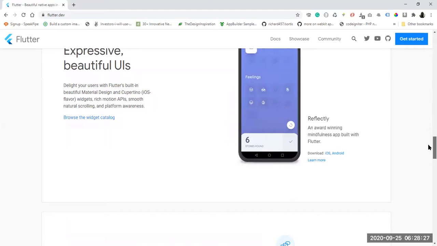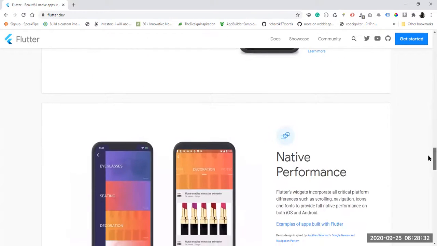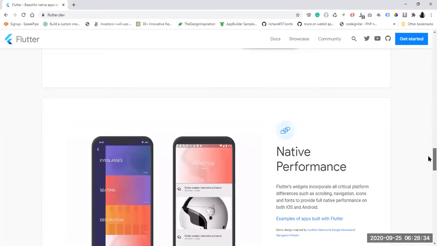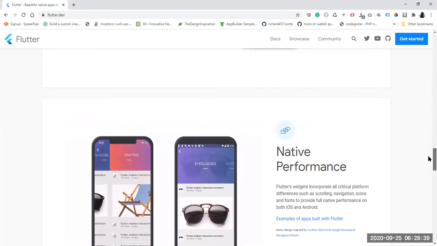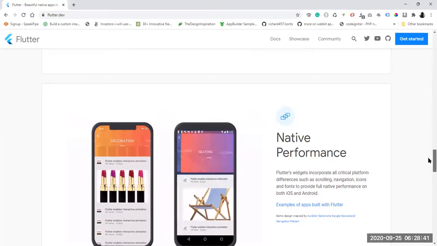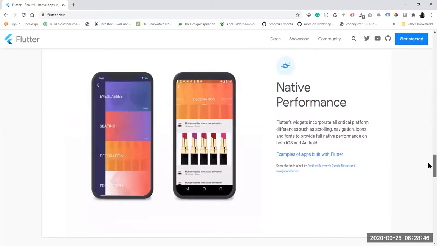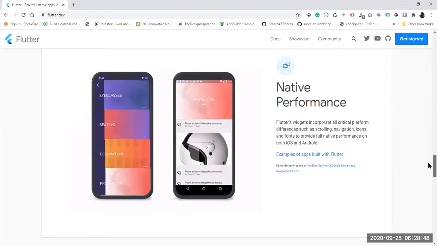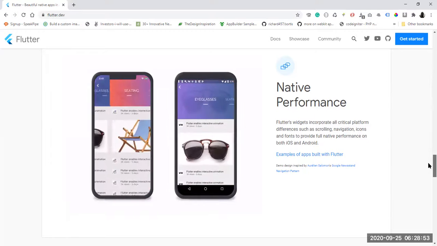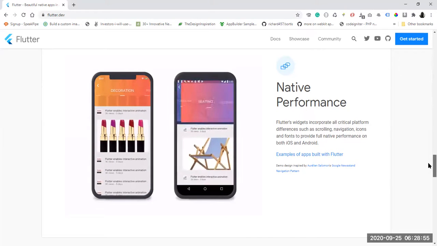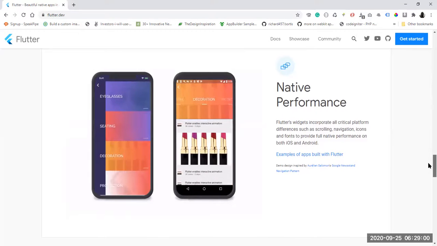From a Java background, creating the UI from XML, if you are an Android developer, you know how hard it can be to come up with a very professional-looking application. And remember, people really care about what is visual. At the end of the day, if your app really looks like crap, no one is going to care about the back end side of it, if it is really well engineered or something like that.